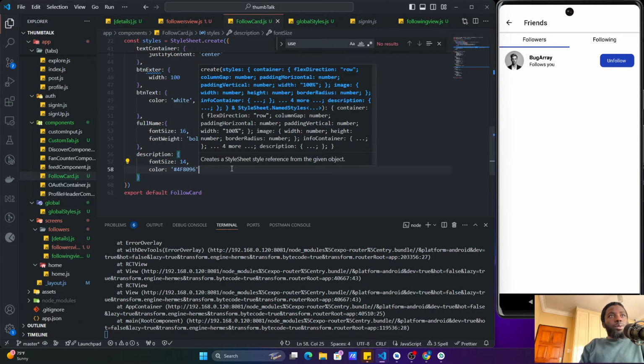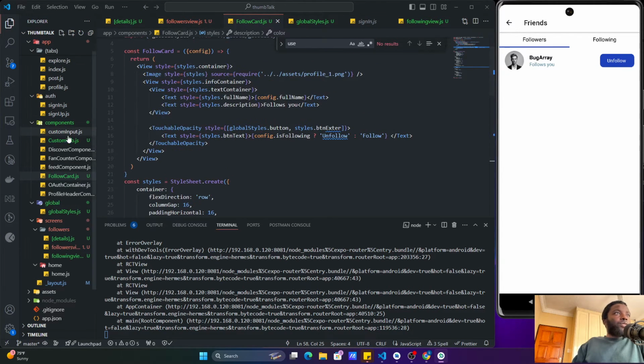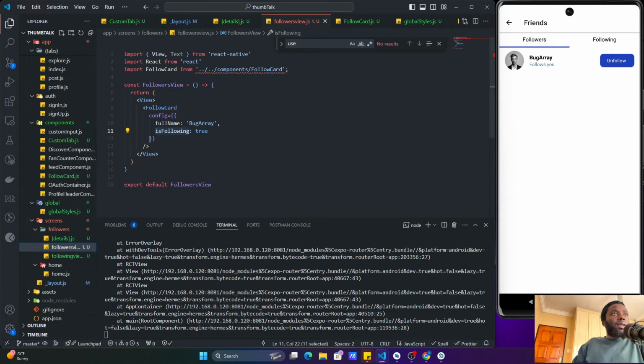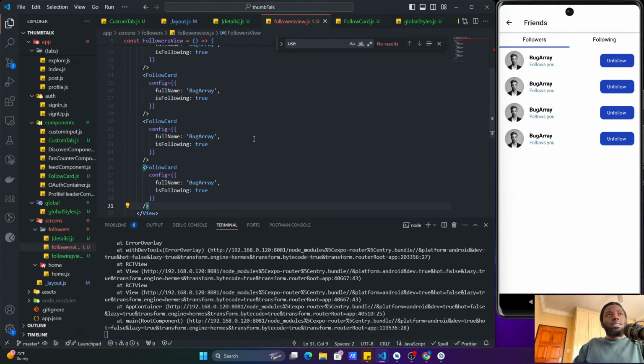So this would be set up to this, and I feel like this is all good. Okay, so if you want, you can just go ahead and try to render those components like that,